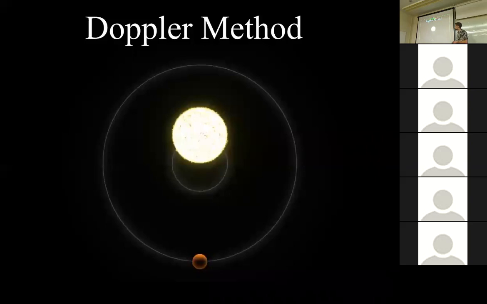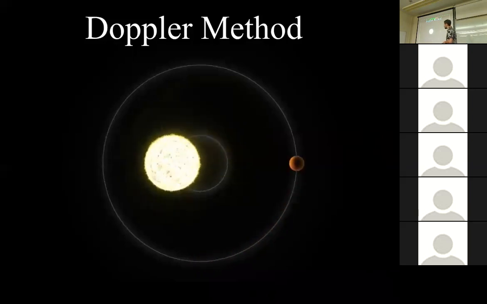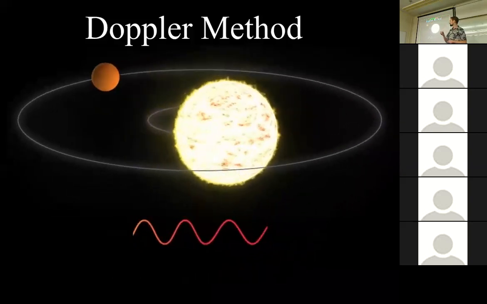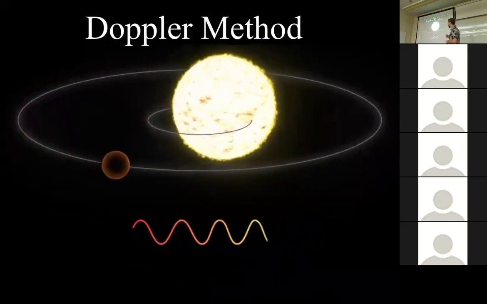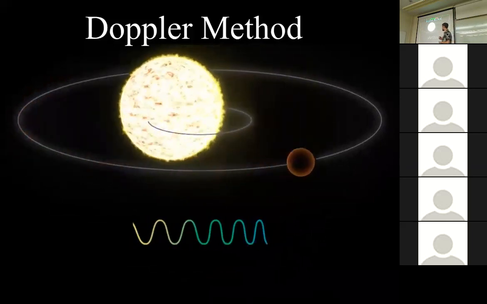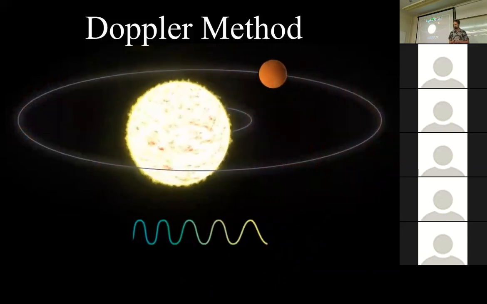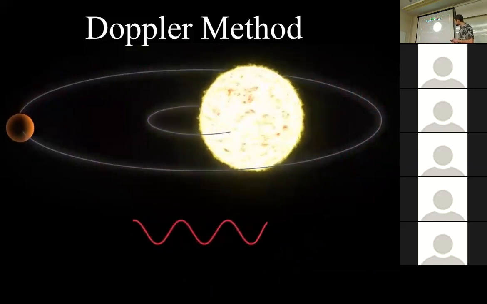The first method makes use of the so-called Doppler effect. So if you have a planet that's orbiting a star, both of them will in fact orbit a common center of mass, and the star will move backwards and forwards. And if we look at the system and we actually monitor the redshift and the blue shift of the light, for example, with spectroscopy, as the star wobbles back and forth because of the gravitational influence of the planet, we can discover the planet around the star.